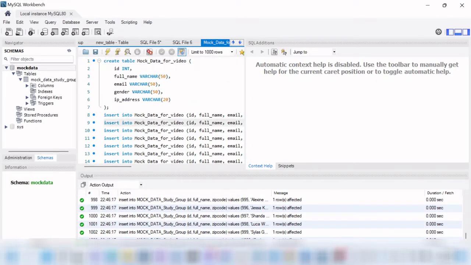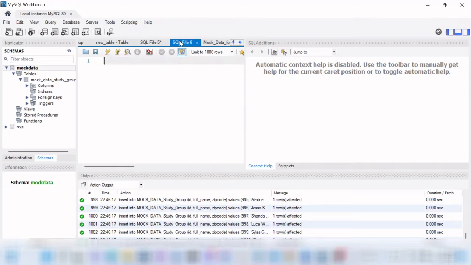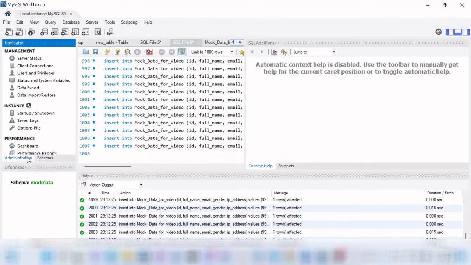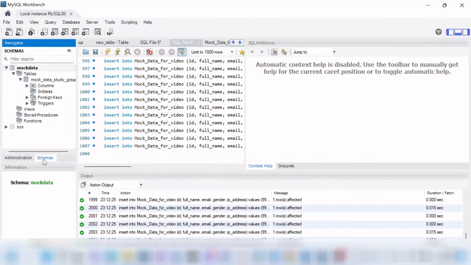Then you do Control-A, Control-C, it's Command on a Mac, and you go to your blank SQL file and you paste it in. Then you make sure that the database that you want it to be included in is highlighted like this. Now you need to refresh this. By the way, down here there's an administration tab and schemas. Make sure you're on the schemas tab,